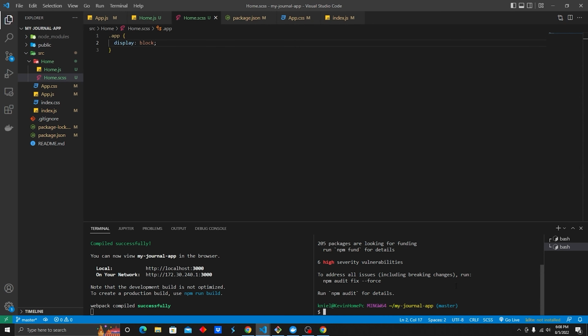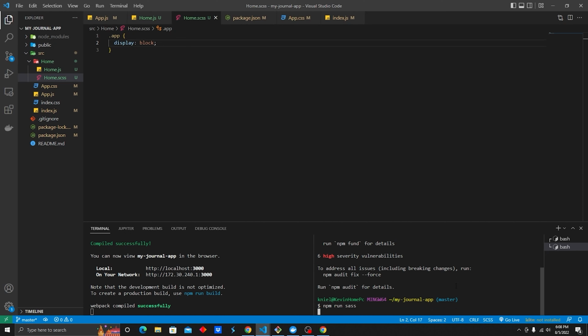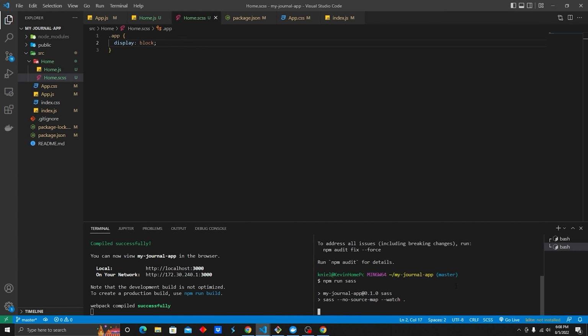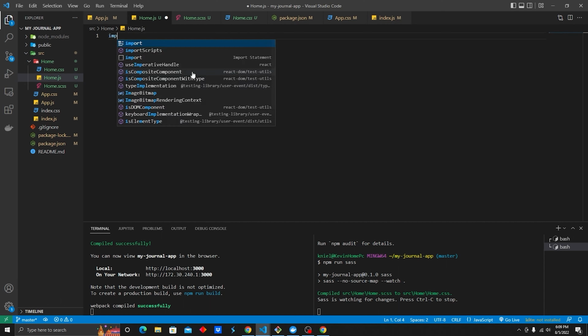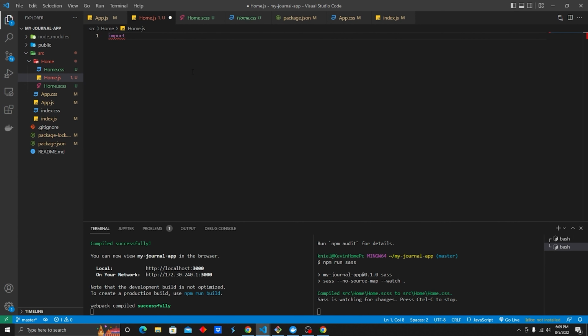Then we'll go down to our terminal, npm run sass. You can see there, it just found our script. It should be able to load our package now for Sass watching. Sometimes it might take a little bit to get started up, but let's see what happens. There we go. So we see it now compiled our home.scss to home.css, which is right there. And then in our home.js, we import './